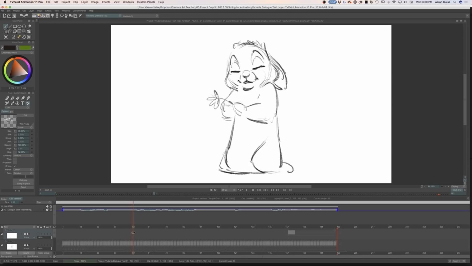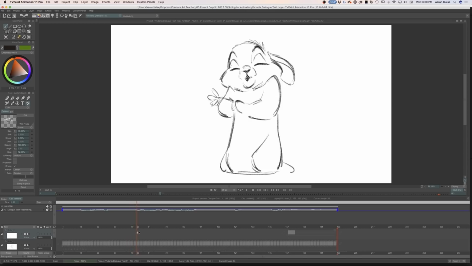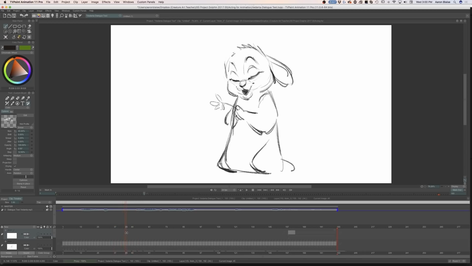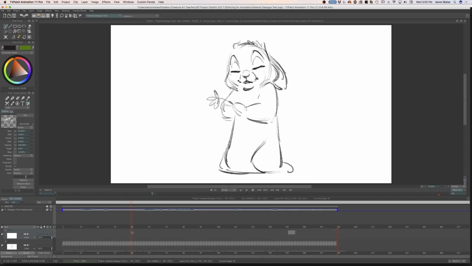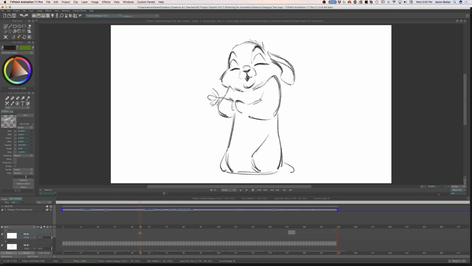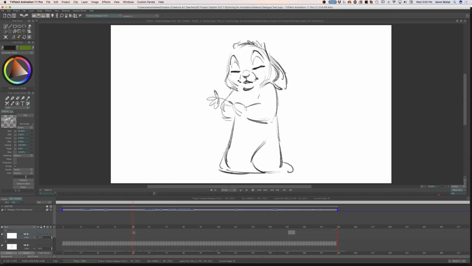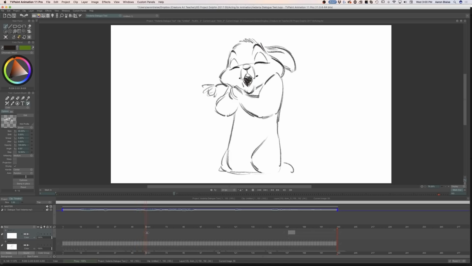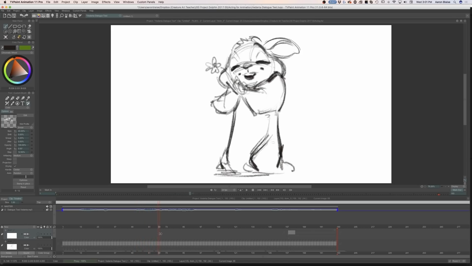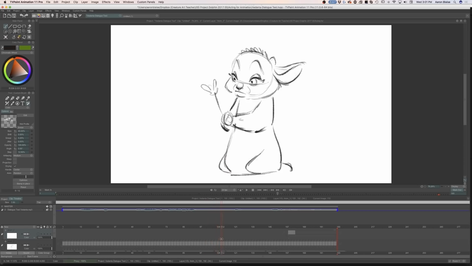Now watch the arms, they drag. As she starts to come up, her head leads, her shoulders get left behind, but then they start to come up, her hands drag, and look at her ears. Her ears are dragging as well. So these are all things that are going to contribute to making the animation feel more believable and naturalistic. Like I said, I'm just doing a few scribbles to get them in there just to make it feel a little better.